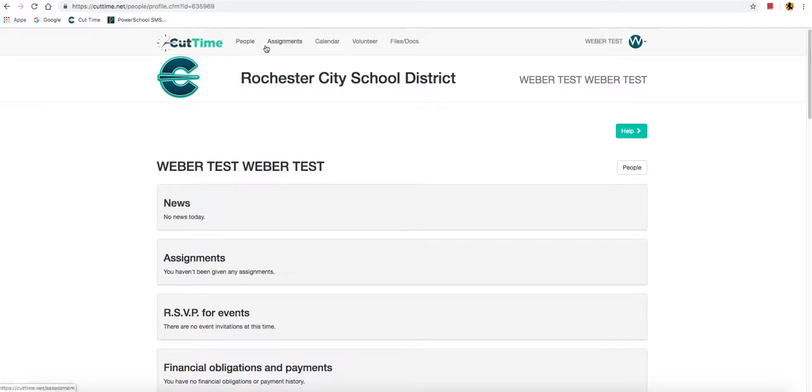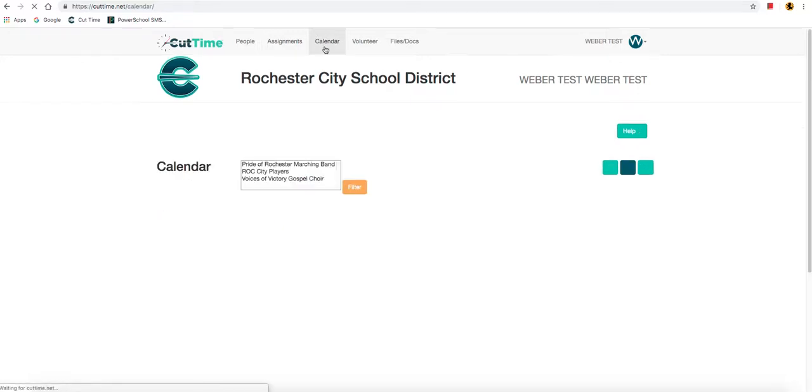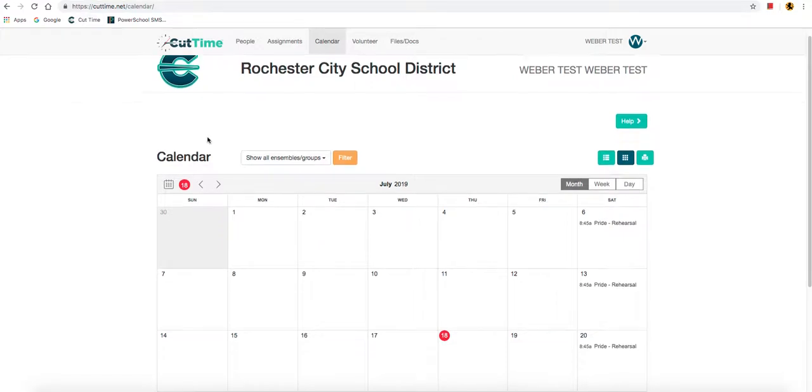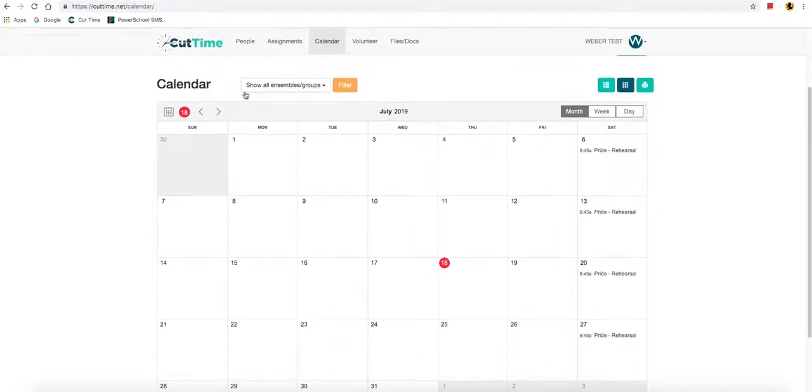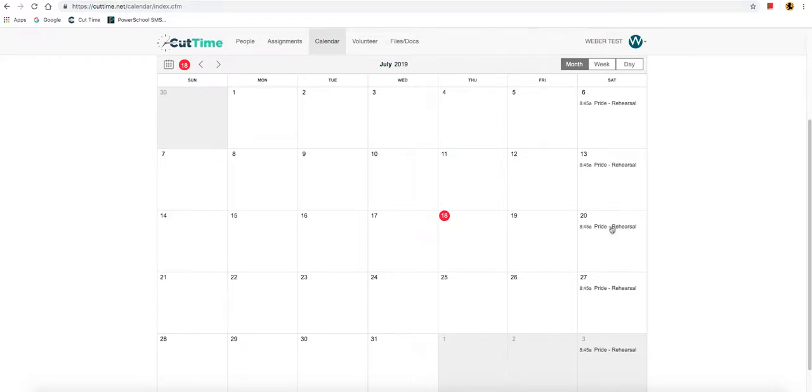Now, up at the top here, there's a couple of different tabs. Assignments, if we have specific things that we want each group to work on. Here's a really important feature, is our new calendar. The default view is to show all ensembles. Now, QutTime is a shared account with Pride of Rochester Marching Band, the Rock City Players Theater Group, and the Voices of Victory Gospel Choir. If you only want to see the Pride of Rochester Marching Band events, make sure that you click off Pride of Rochester Marching Band and click Filter, and you'll only see the calendar events that are for Pride of Rochester